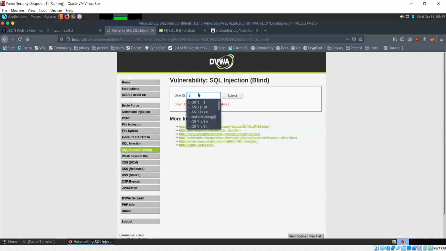Now for the second character. I'm just using the previously written query, making one small change. Instead of 1 in the second column, we'll use 2, because now we want to consider the second character in the version. Now we are checking whether that is equal to 1 or not. Submit. User ID is missing, negative response. So the second character is not 1. We know that much now.